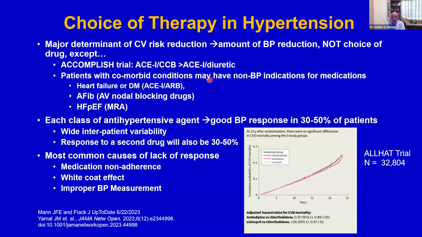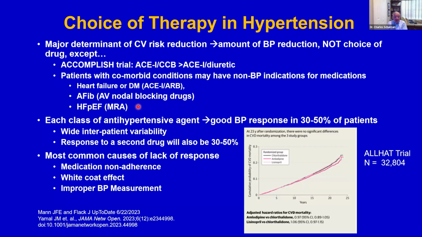And then people with comorbid conditions may have non-blood pressure indications for medications. If you have heart failure or diabetes, an indication for an ACE or an ARB. If you have AFib, AV nodal blocking drugs may be indicated. And if you have heart failure with a preserved ejection fraction,